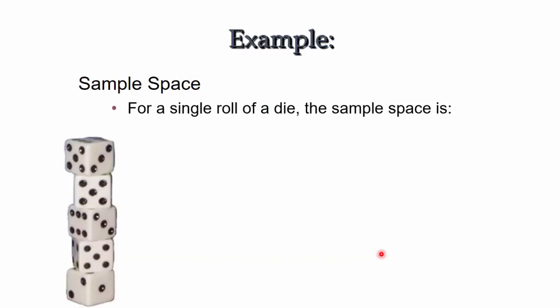So when you roll a die, a single die, your sample space becomes 1, 2, 3, 4, 5, 6. Is this discrete? Oh yeah, because you can count how many ones, how many twos. It's just 1, 2, 3. There is nothing between 1 and 2. There is no 1.5 or 2.3, so this is discrete.